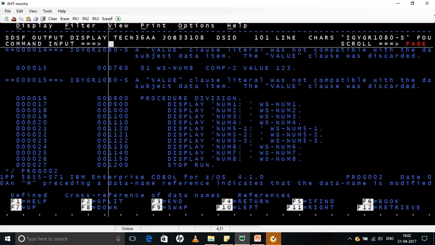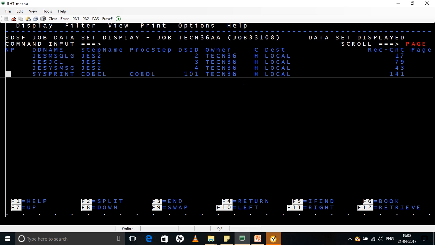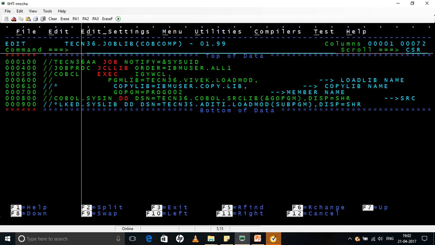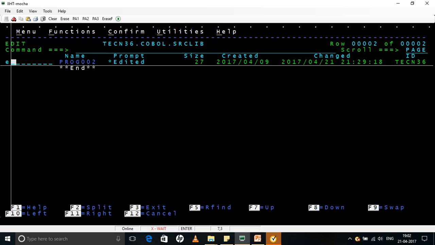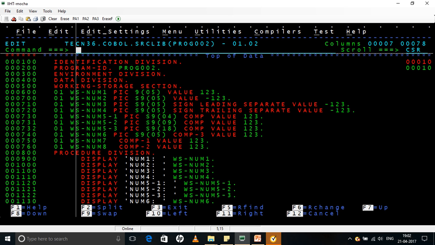Let's put this one for okay. So basically the problem is with COMP-1 and COMP-2 because it's floating point. This one we cannot give like that. My mistake. So let's go to the COMP-1 and COMP-2 variables. Now if you see here, COMP-1 and COMP-2, I cannot give the value as 123 because I told you it is basically mantissa and exponent. So maybe you can give something like,